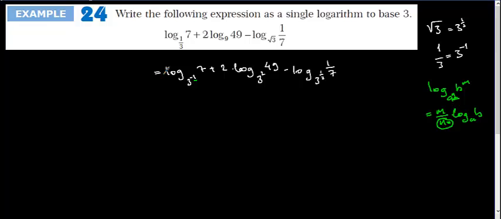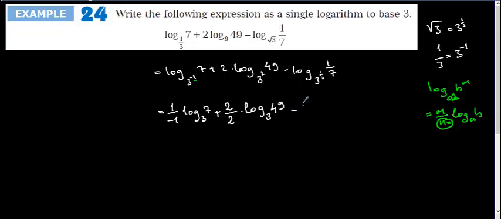Here the numerator is 1, that's why it's going to be 1 over minus 1. It is not written here, but we know that's 1. Logarithm base 3 of 7 here, and plus 2 times 2 over 2, this 2 comes to the denominator, times logarithm 3 of 49